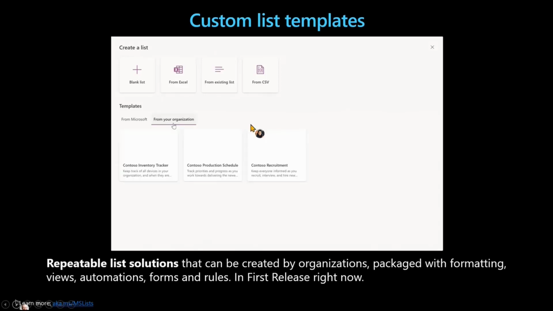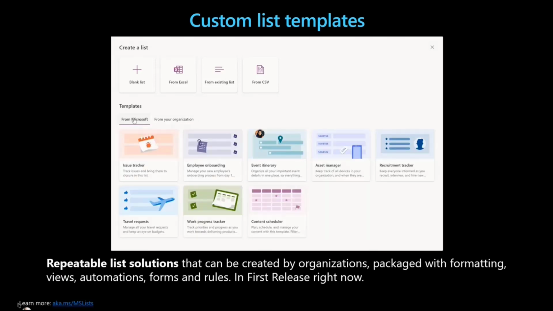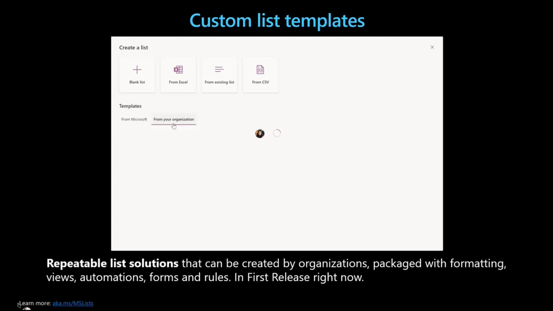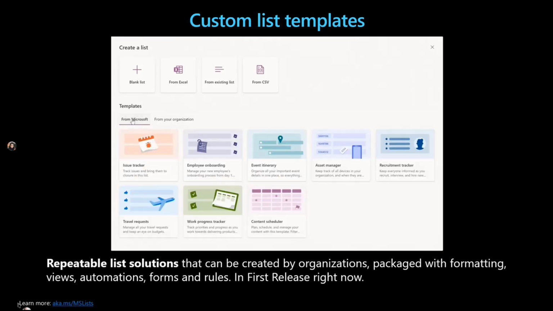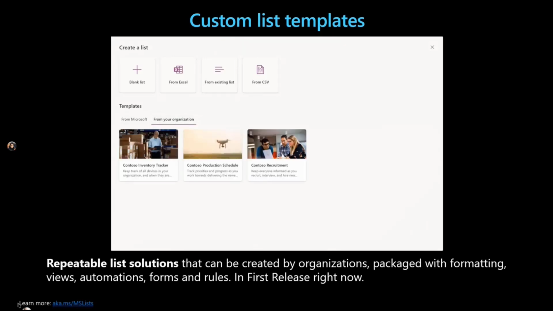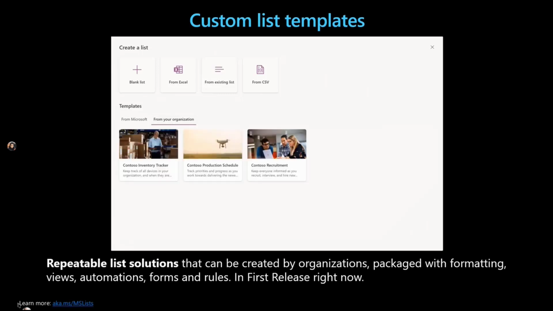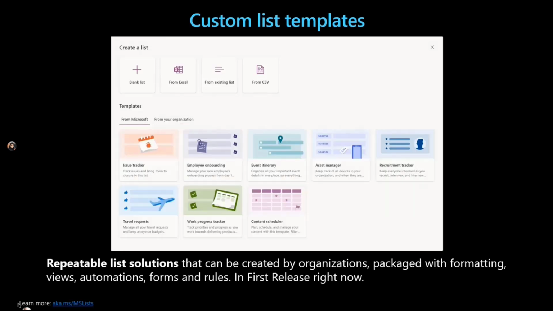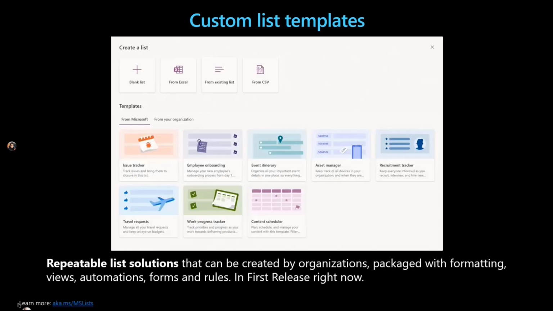I think maybe I have spoken to this audience about this before, but essentially, as you all know, we currently have 8 out-of-the-box Microsoft-defined templates that are available for list creation. And while these templates showcase the best of what lists have to offer, these are still a very small subset of the scenarios that might be needed within your work or organization. So with the custom list templates feature, we want to amplify the power of templates and enable organizations and consequently third-party solution providers to create their own repeatable list solutions that will come packaged with schema, formatting, views, rules, automations,